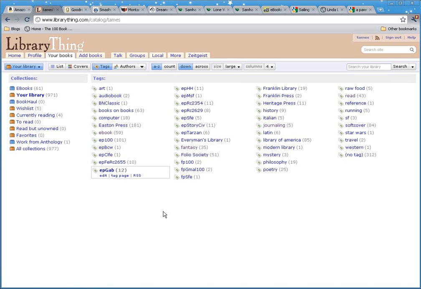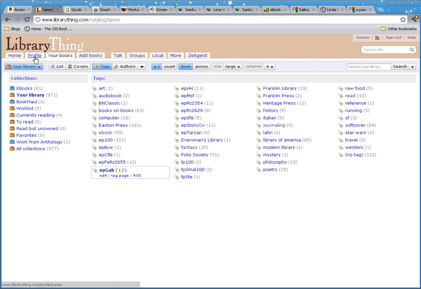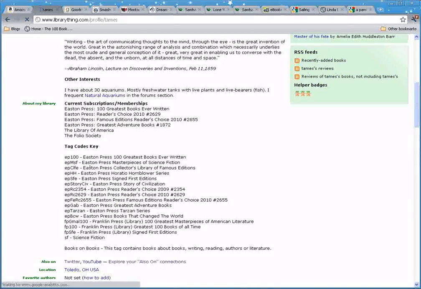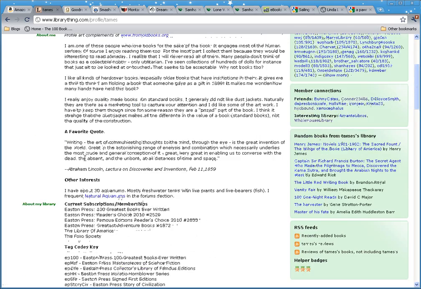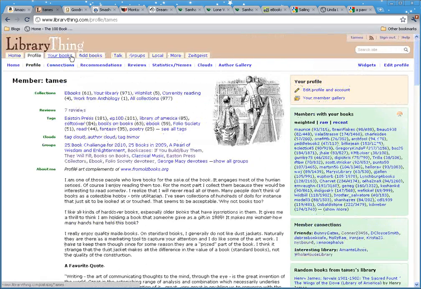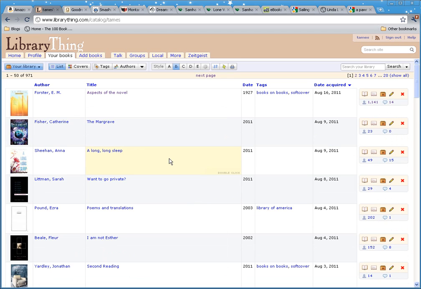And then you can have multiple tags per book. So out of that, I have like Easton Press Greatest Adventure books, famous editions, Reader's Collection, or Reader's Choice. There's Horatio Hornblower, and I made up those little tag names, and I actually typed them in my profile down here, just so that I remembered what all the tag codes meant. And anybody else who's looking at it can go back there and look at that too. So we have the ways to group is by collections and tags, and I guess what we could do is